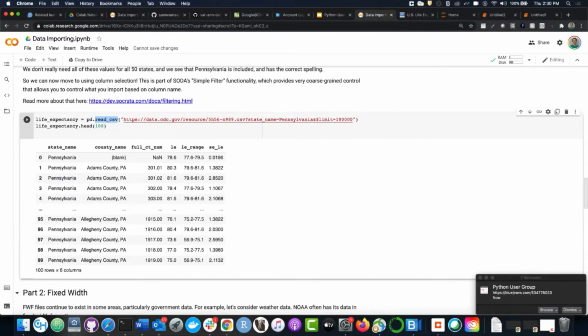All right, let me just check chat. Is reading an Excel file about the same? That's a great question, Joey. I would say, first of all, I personally seldom work with Excel files, so I will confess that I am not the expert in reading Excel files. The issue with reading Excel files is you need to indicate which sheet you're pulling from, because generally in a workbook, you may have multiple sheets.